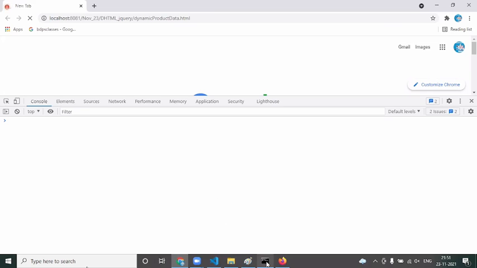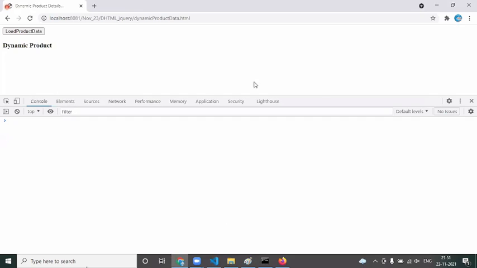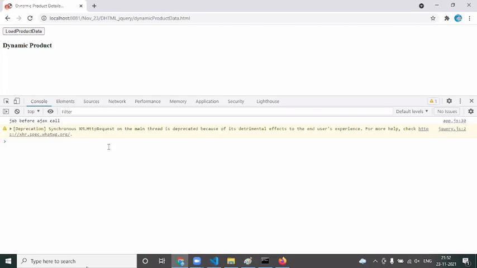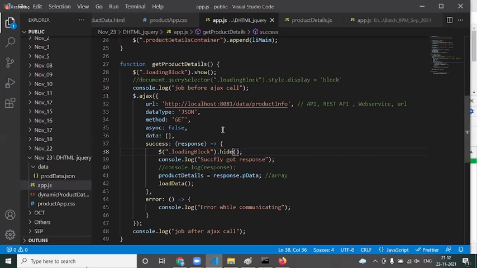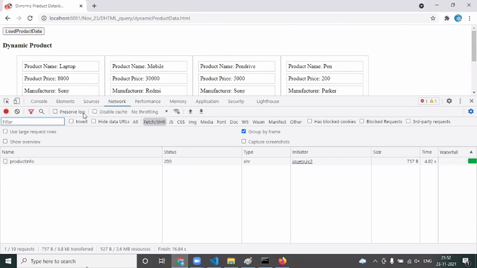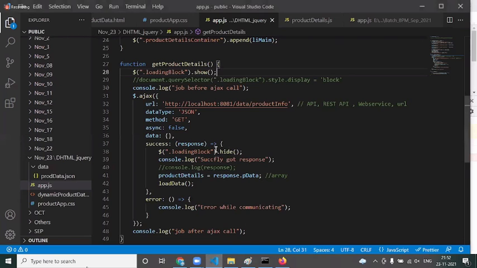What happened suddenly? On the right side, it's showing some issues, right? Okay, let us see that. Once I click on the load product data, it is coming, but why is my loading block not shown? Dot loading block dot show, right?